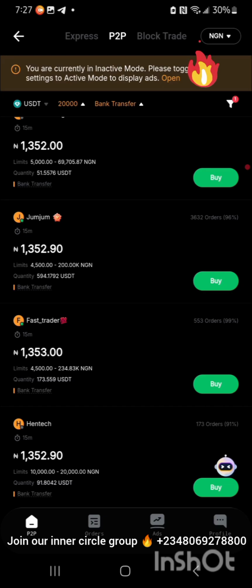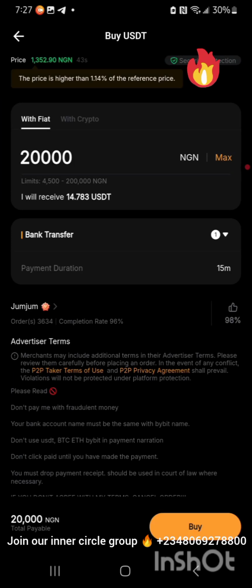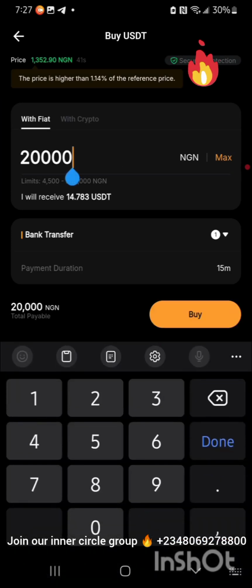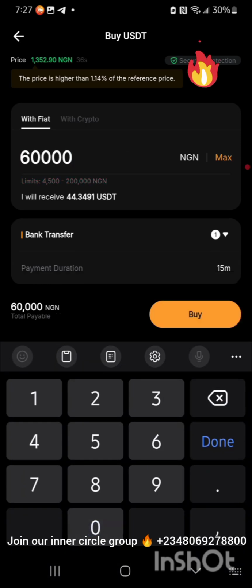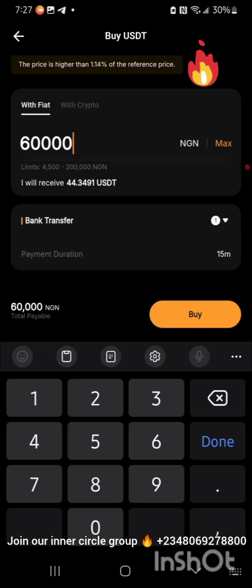If I want to trade with this guy called Jom, I can just click on buy, and then put in my amount. For instance, I want to trade way above 20,000, like 60,000. I can choose to buy. I can pay him 60,000 in Naira, and he will give me 44.349 USDT. When I click on buy like this,